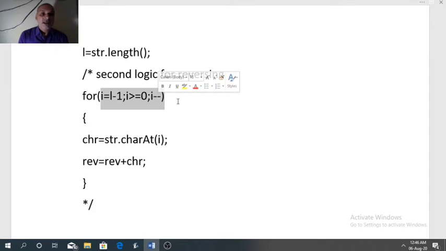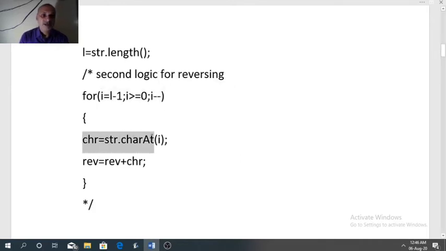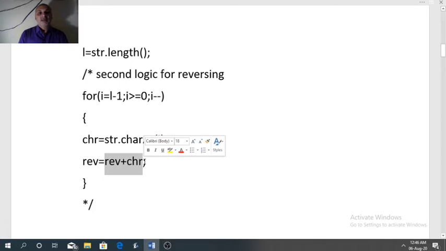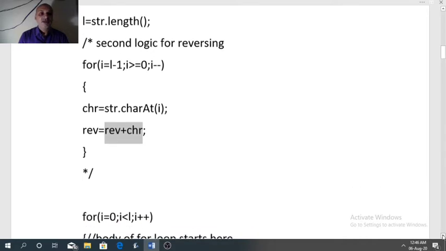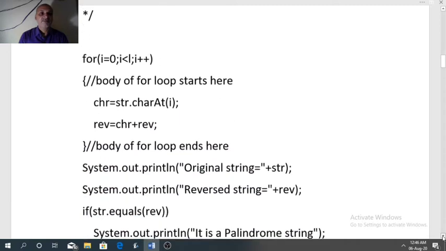In this case the last character at L minus 1 index will be extracted first, and only this statement will change from the previous one. CHR will be added after rev. In the previous case, CHR was added before rev. So after this loop is over, rev will store the reversed string.